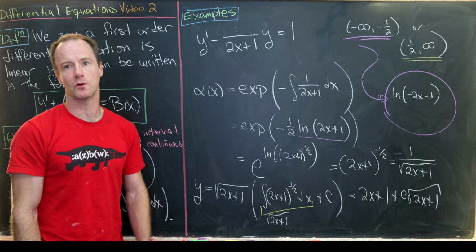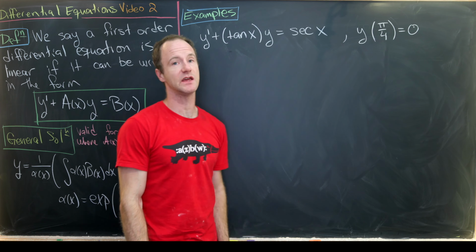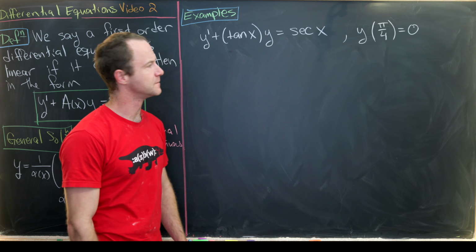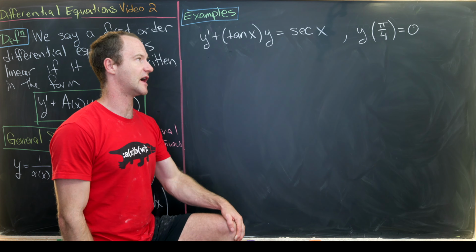Okay, let's do one more. So our last example will be y prime plus tangent of x times y equals secant of x. So that's already set up in our format over here. I'd like to also point out that we've got an initial condition here, which is y evaluated at pi over